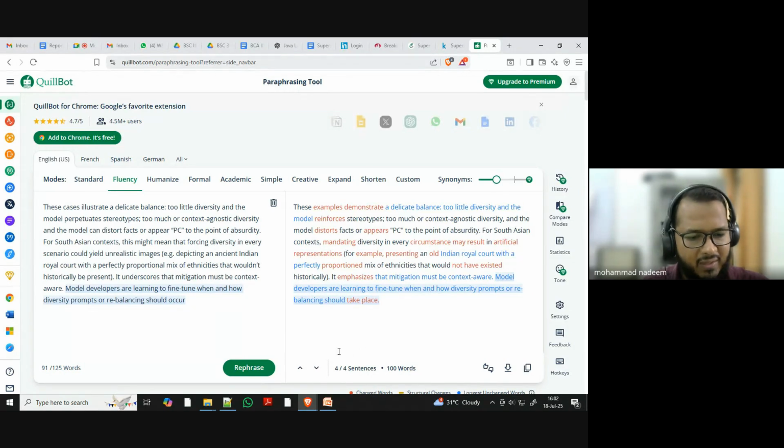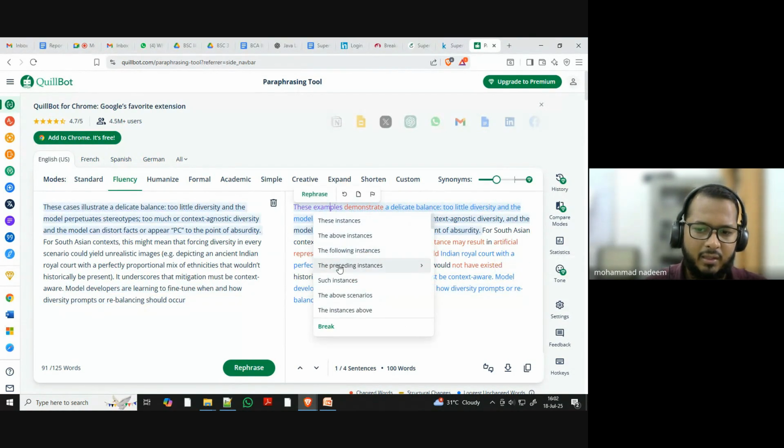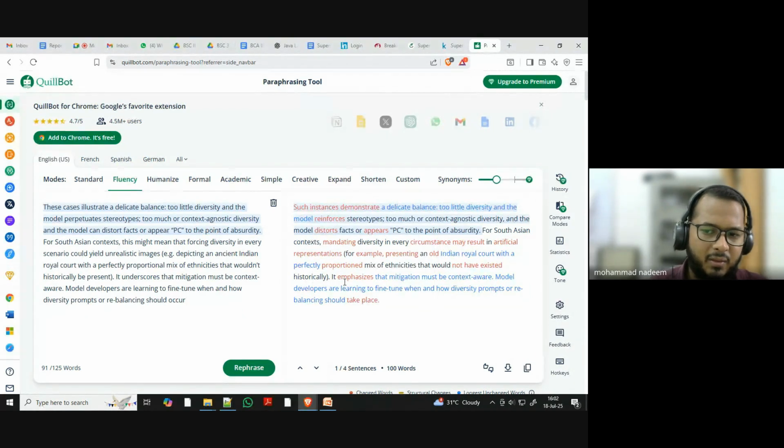Once again, the structure is very similar. You have the color combinations. If you feel like the message is still conveyed with meaning and all, you can keep it. Otherwise, you can just right click on it. If you do not like the word "examples," click on it, and maybe "such instance" or something you can use and change. Okay. So that is the